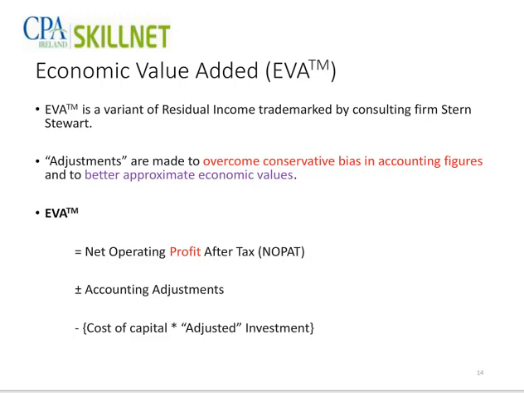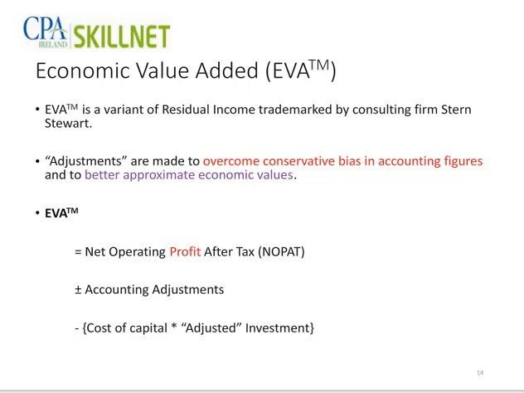EVA is a registered trademark, and it could be described as a variant of residual income. It's similar to residual income in being an absolute measure, but it's based on a number of adjustments to the basic accounting numbers rather than taking them at face value. The objective is to overcome the conservative bias which may underlie accounting figures and give us numbers which are closer to economic reality. So the EVA is calculated by first of all taking the net operating profit after tax,